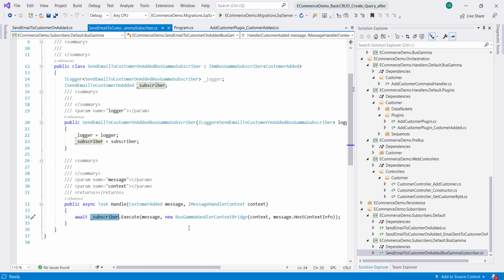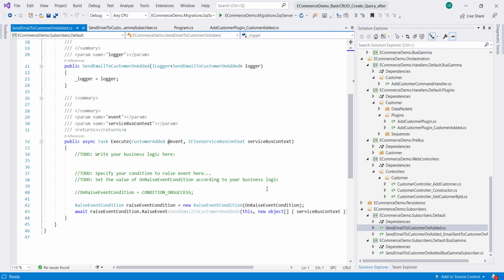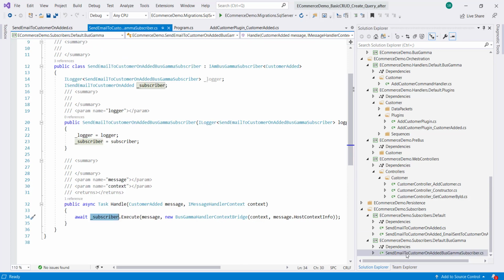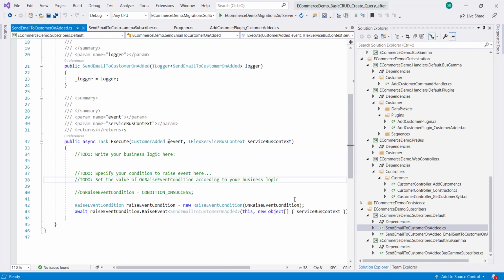The way it is written like this, because again we are decoupling from the bus. The logic lies with the subscriber file here, and this can be swapped with any other bus implementation. So for the NServiceBus implementation, we need to stick to their signature. So we create all the message handlers according to what NServiceBus needs, and the business logic all goes to the subscriber project.